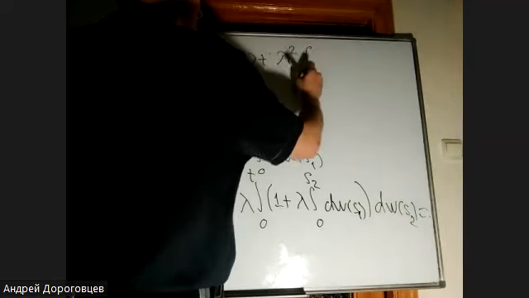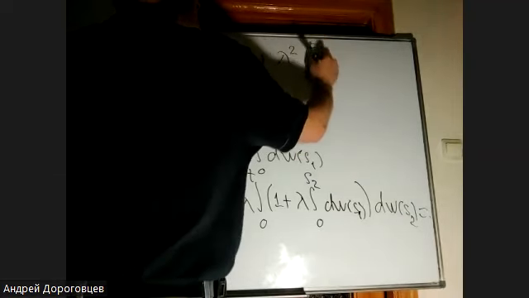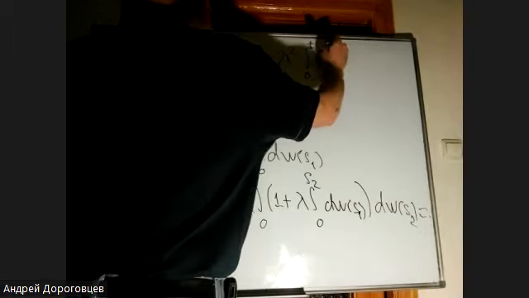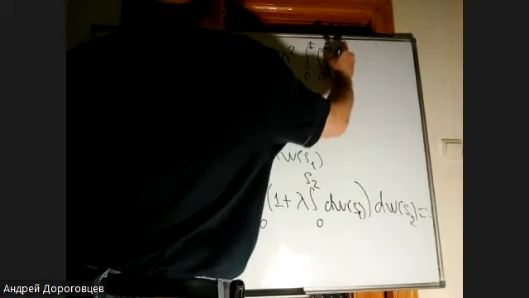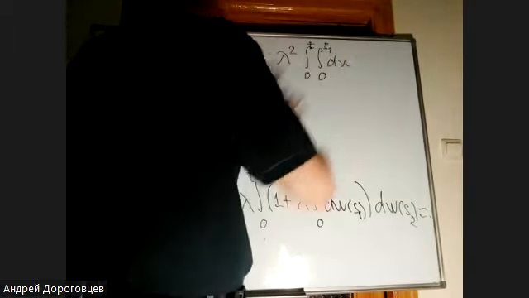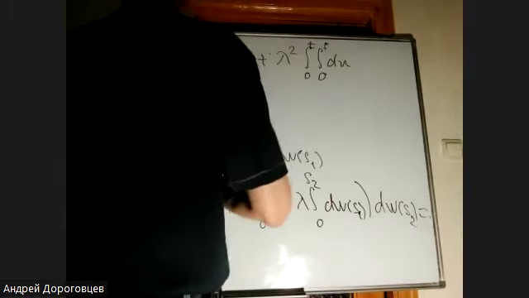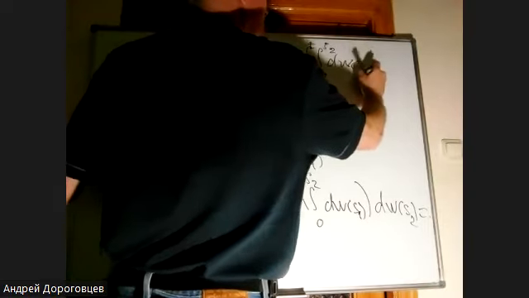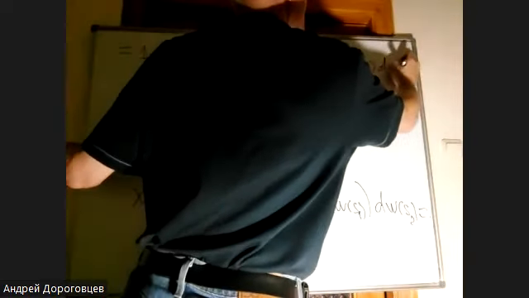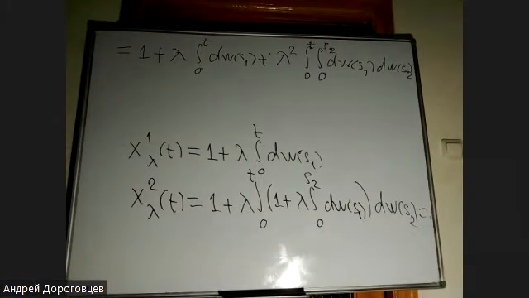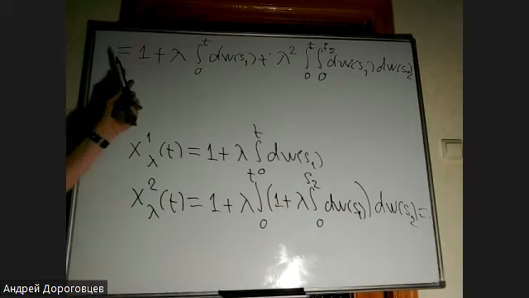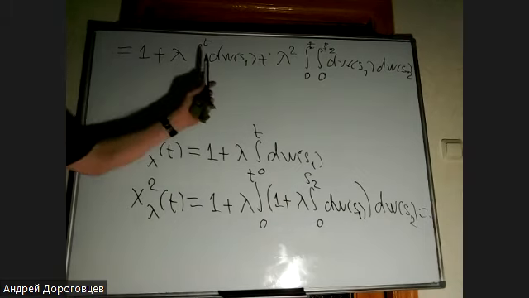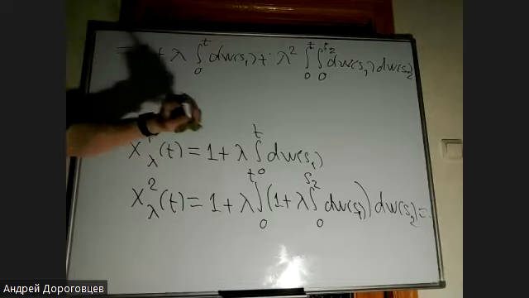Here is double integral from 0 to t, 0 to S1, dW S1, dW S2. So what we have for the second iteration is expressed as a sum: the integral of the first order,